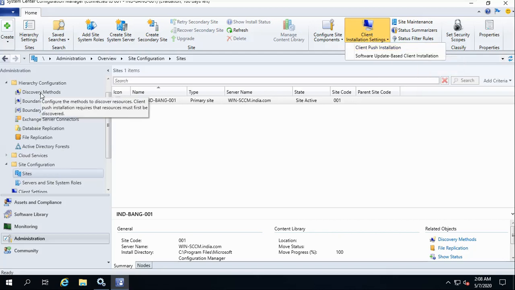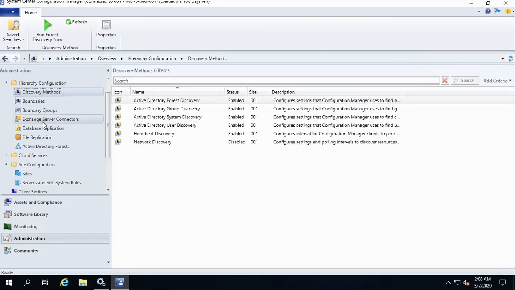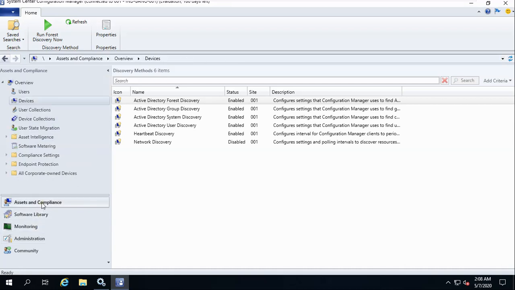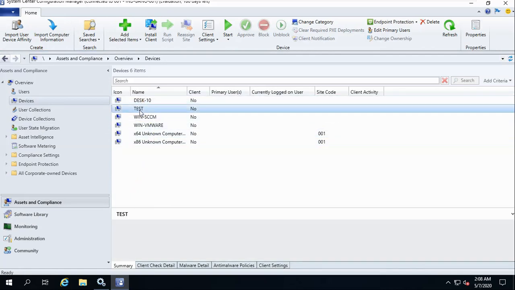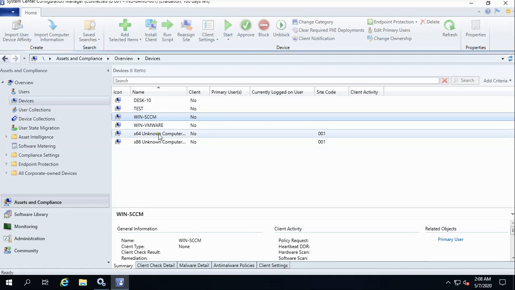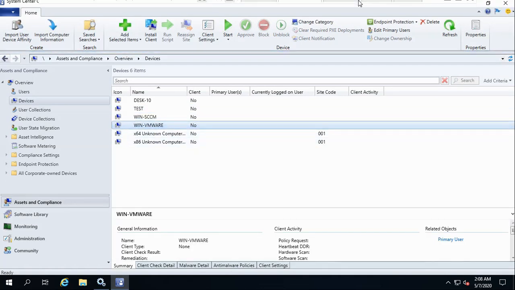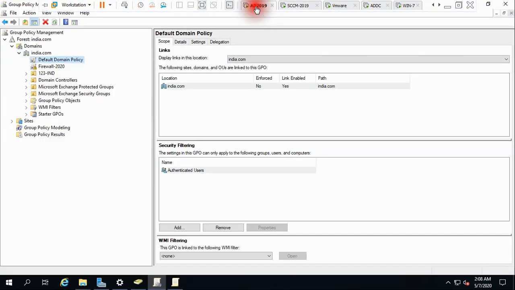Whatever users and computers I have in my Active Directory, all of them are showing here. This is a Windows 10 machine, this is Windows 7, this is SCCM, the server itself, and this is VMware. If you are facing any challenge, say you have a couple of machines but they are not showing here, I will show you.